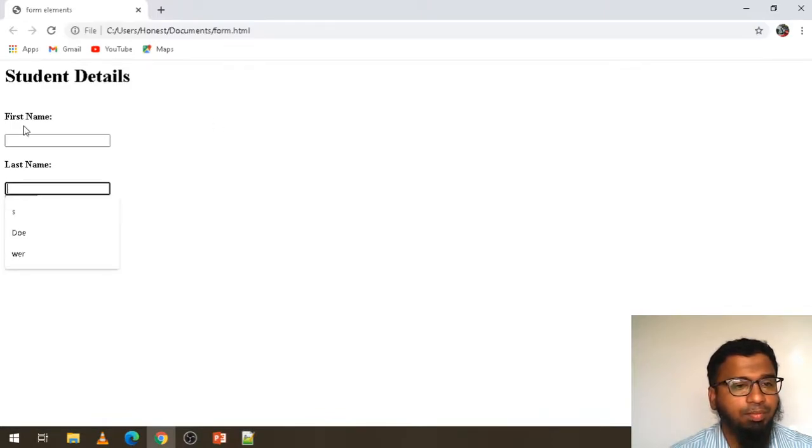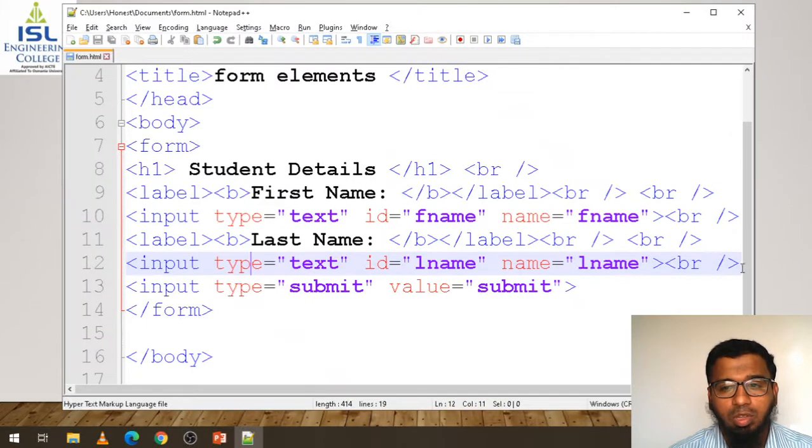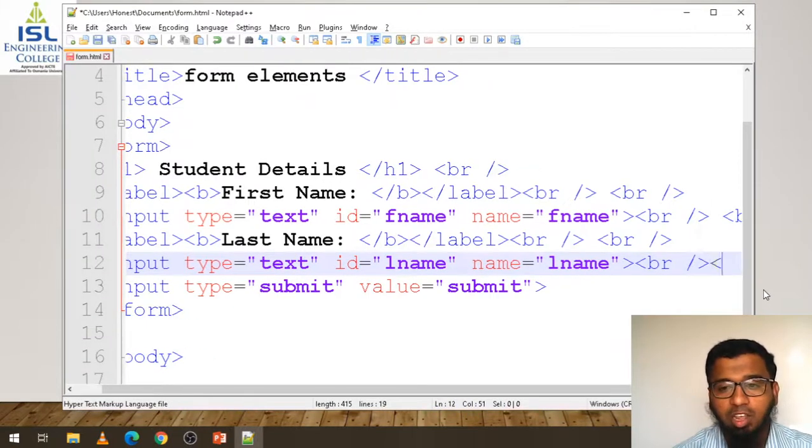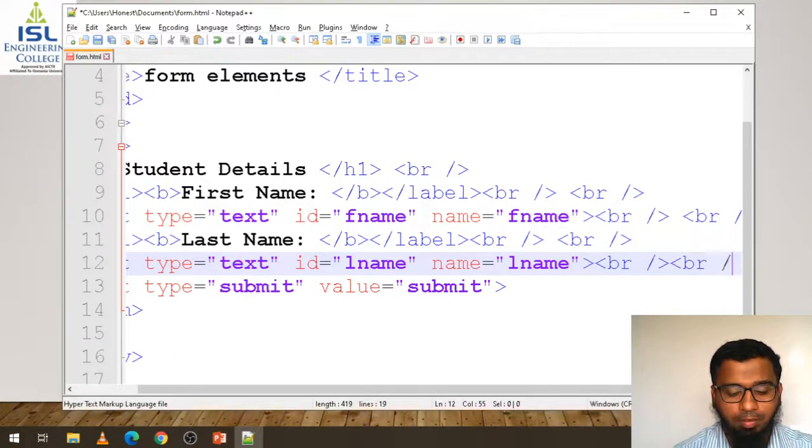See, okay, so you can remove this BR after first name and the last name, then it will look good, and you need to add one more BR at the last of last name text box. So here already one BR is there, add one more BR.